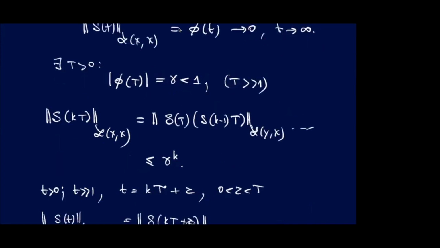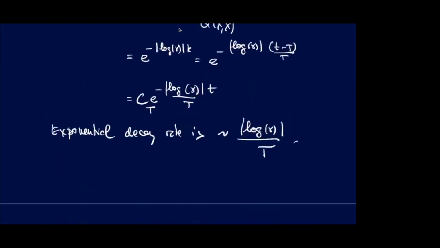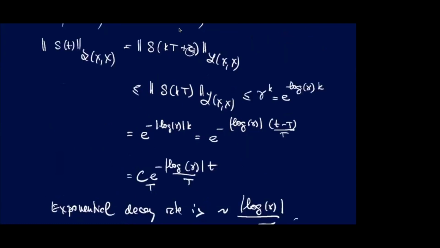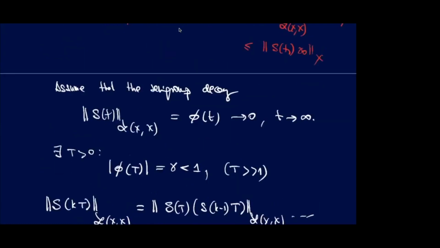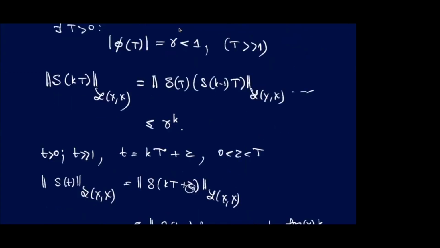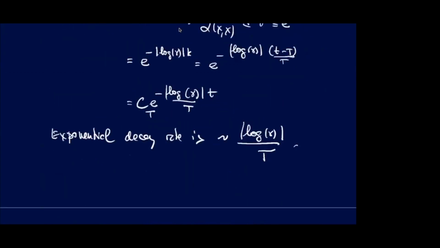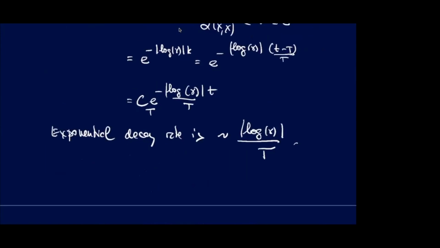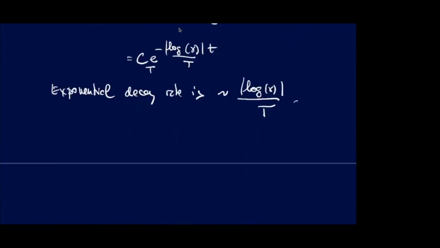And this is why it is natural that the decay property is finally normalized as a combination of gamma and capital T, right? So you see that what I have shown is that if there is some decay, the decay is exponential. But what does it mean? It means that when I'm talking about the decay, in particular in the context of the wave equation, right,